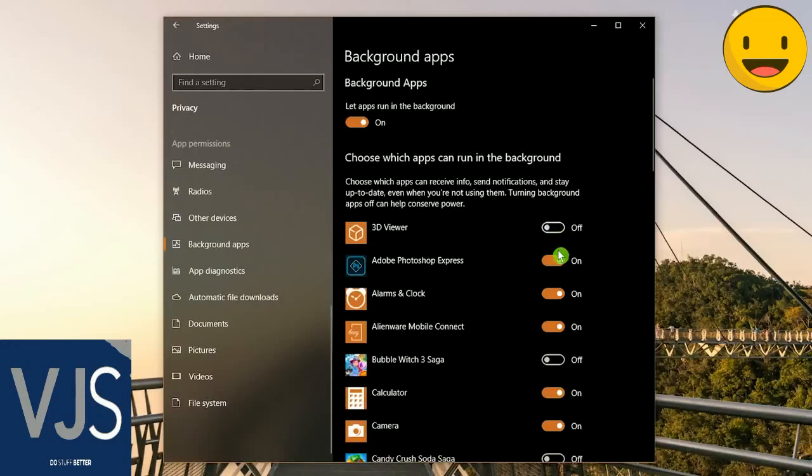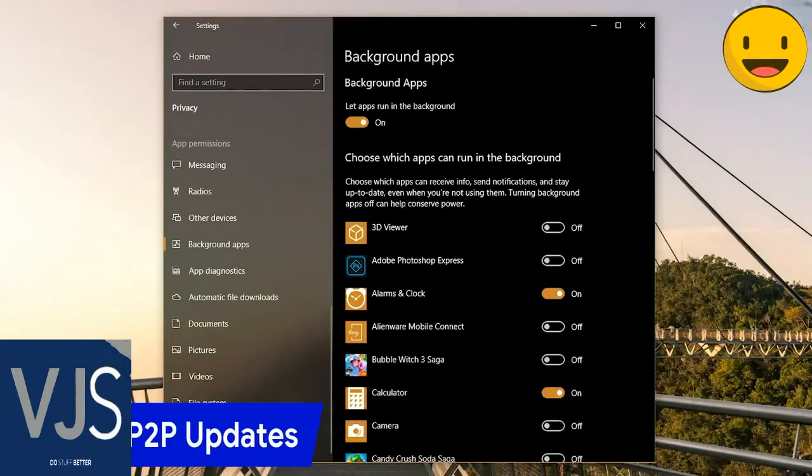Now just go through the apps listed and turn off the ones that you don't want running in the background, tying up system resources and feeding off your internet. While we're in the Settings menu, let's turn off peer-to-peer